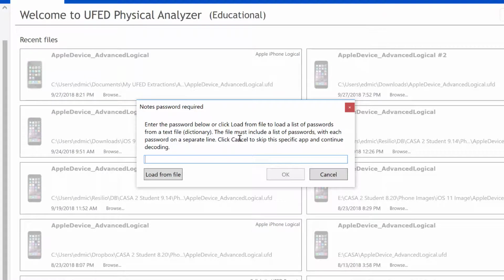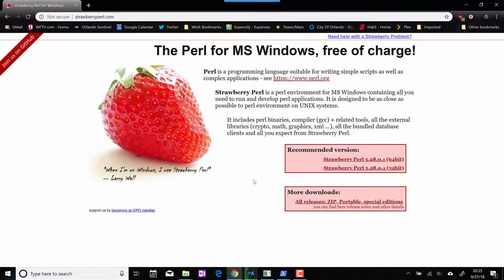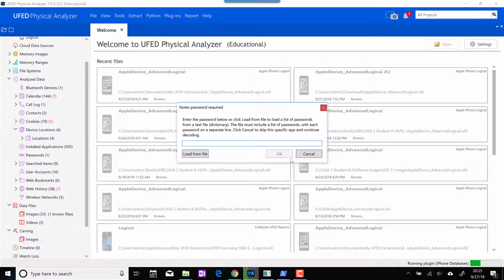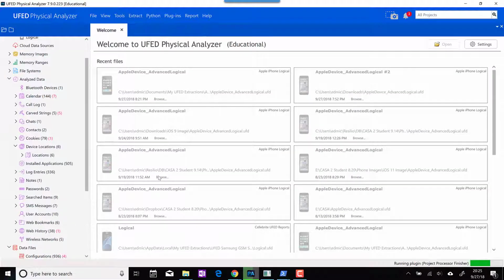The tools needed for this are Hashcat and Cellebrite Perl. Just download Perl and install it to the default directory. So in Physical Analyzer, you hit cancel, and the file we're going to need for it is called